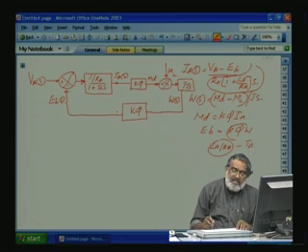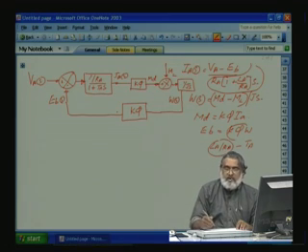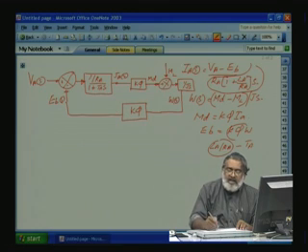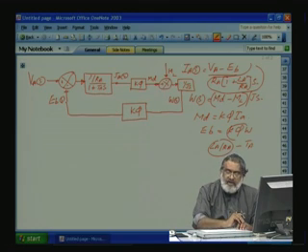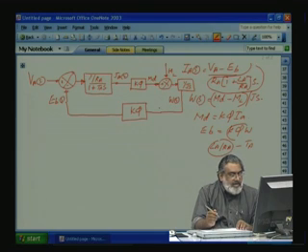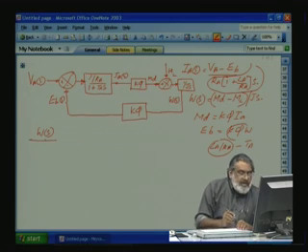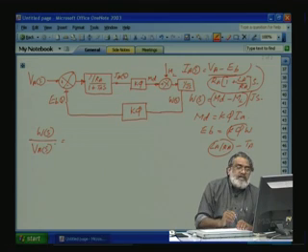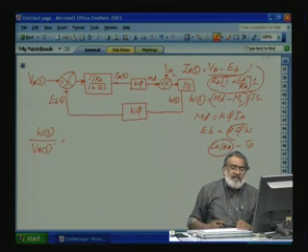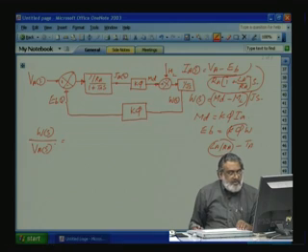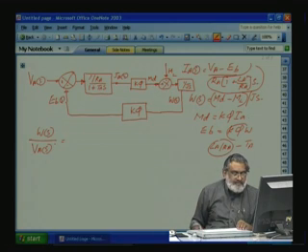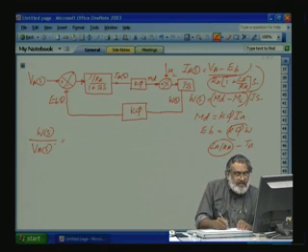Now, what we want is the transfer function, the input-output relation. We want the omega s speed, and our control variable is VAS. So, we want a relation between omega s and VAS. Let us write down omega s by VAS of the form GS by 1 plus GSHS. So, what is GS here? GS is equal to